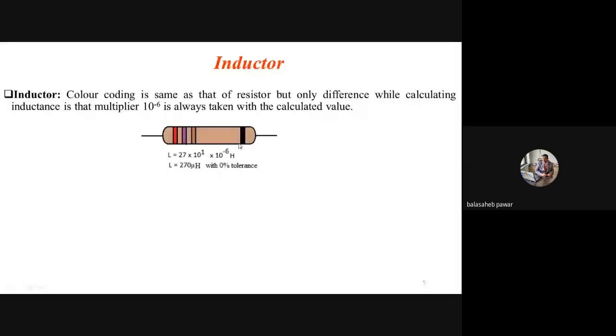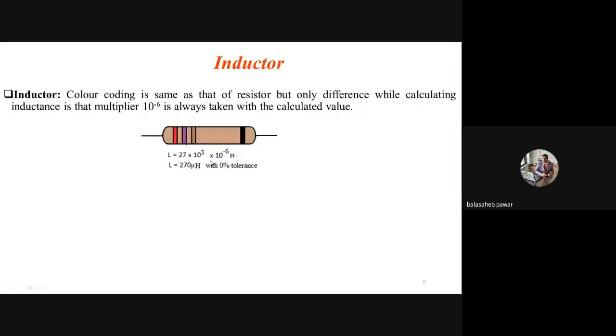Right. So see here, the inductance of such an inductor is to be determined. The first color's assigned number is 2, take it as it is. Then violet, its assigned number is 7. So I wrote here 27, and in the same method as a resistor, write down 10 and its power, which is the number assigned to the third color band. It is brown, and for brown the assigned number is 1. That's why I wrote 10 raised to 1, into 10 raised to minus 6, which is compulsory. You have to write this calculated number, and the unit is Henry.